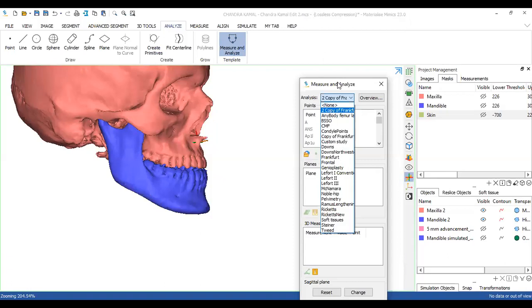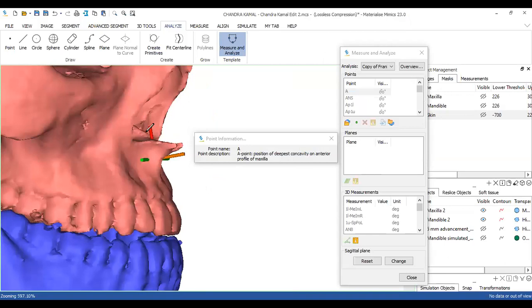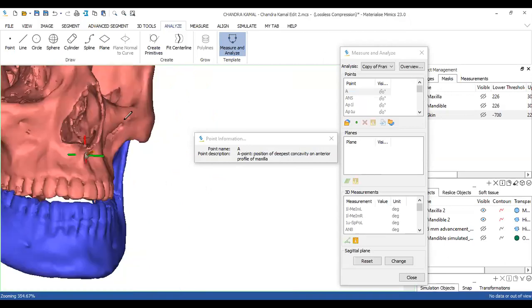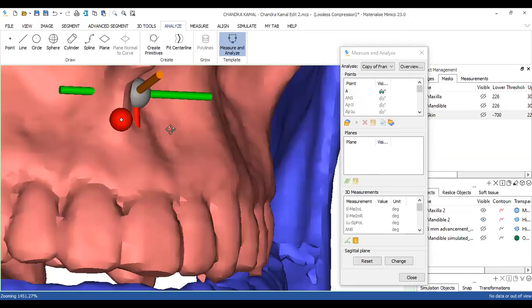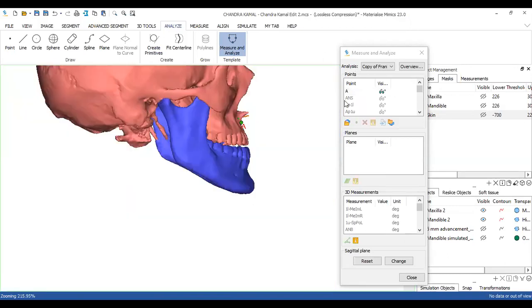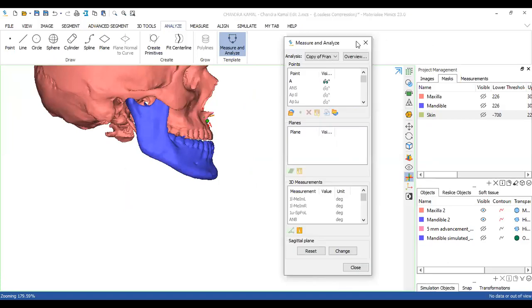So I click here, go to the point indicate and then indicate this point as A. Right? Like this, as the name suggests, I'm going to click on all the points individually. Since I've deleted all my files, I'll just incorporate that again.